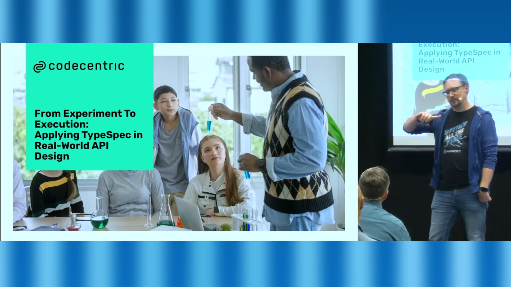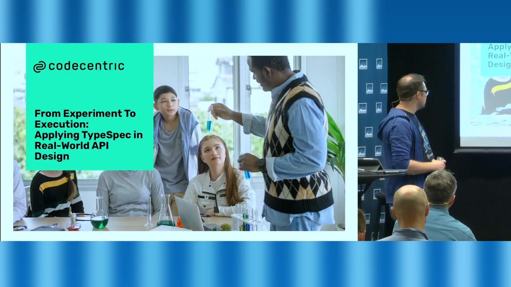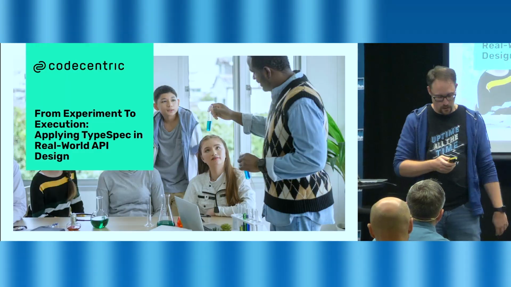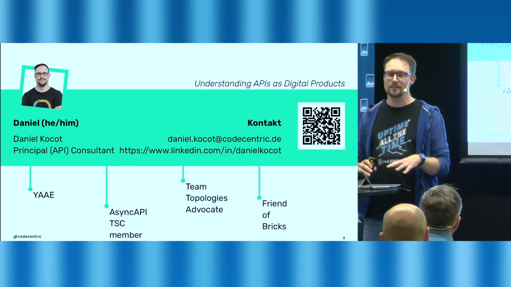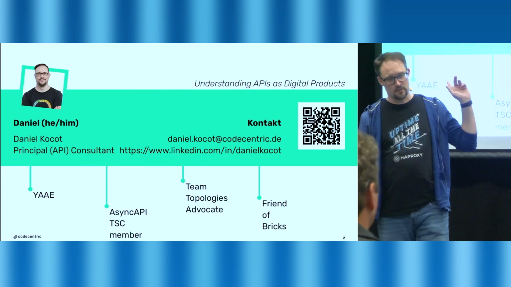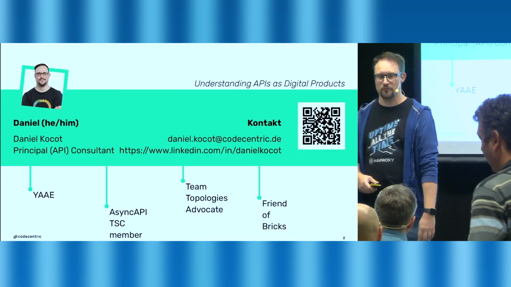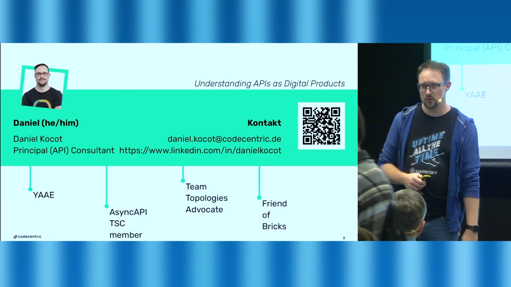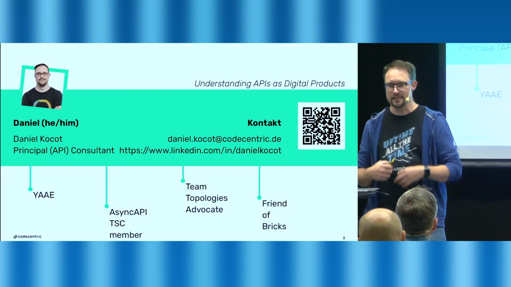That's good. So I'll do a little recap, because the title is about experiment to execution. I'm working for a consultancy in Germany, and what we did with some customers in little tiny projects was test whether this works, what Microsoft is doing at scale. This is something important to think about. Typespec is coming from Microsoft and is actually used there for the whole Azure environment to create APIs.